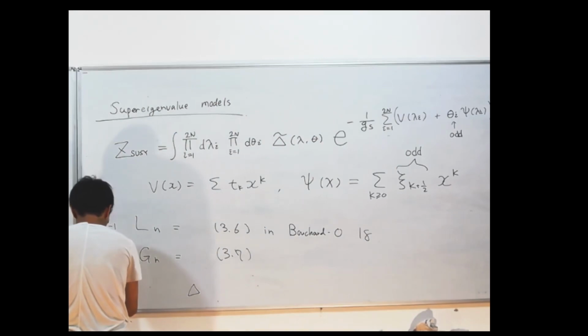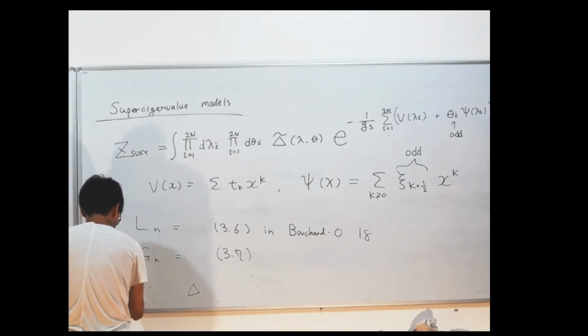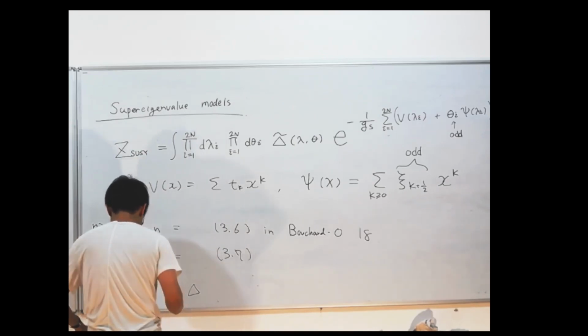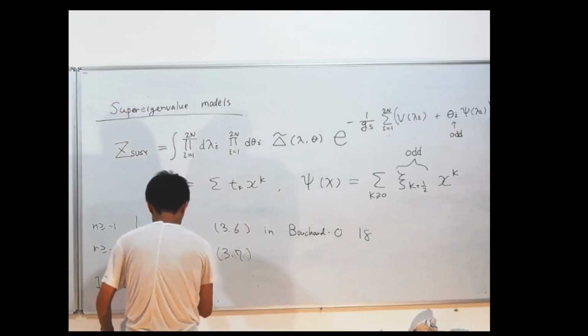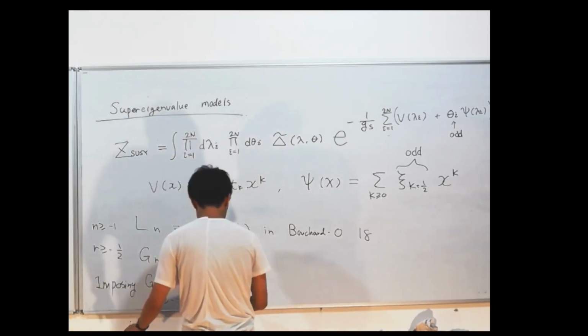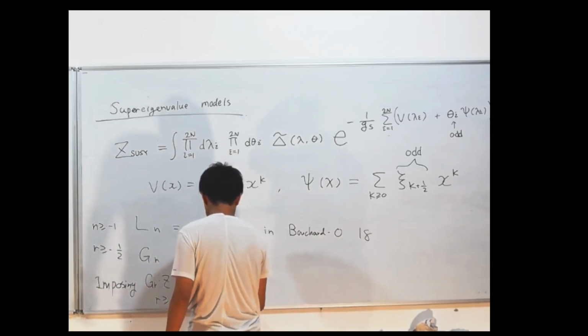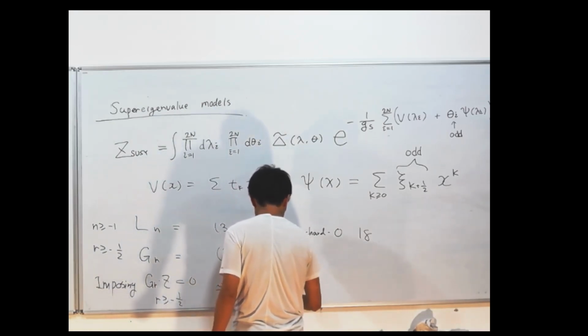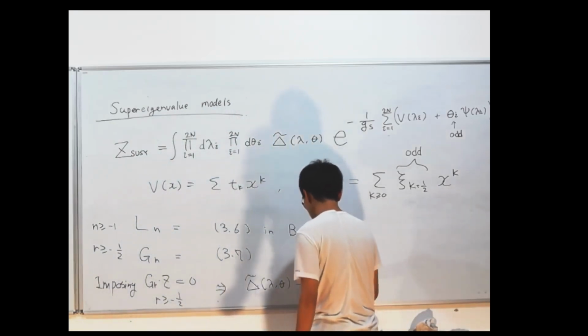Imposing G_r Z equals 0 for r greater than or equal to minus half. This uniquely fixes this to be